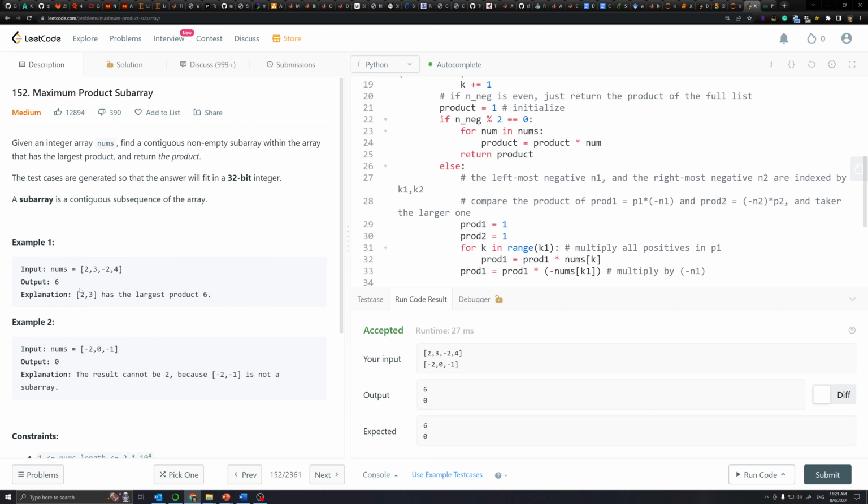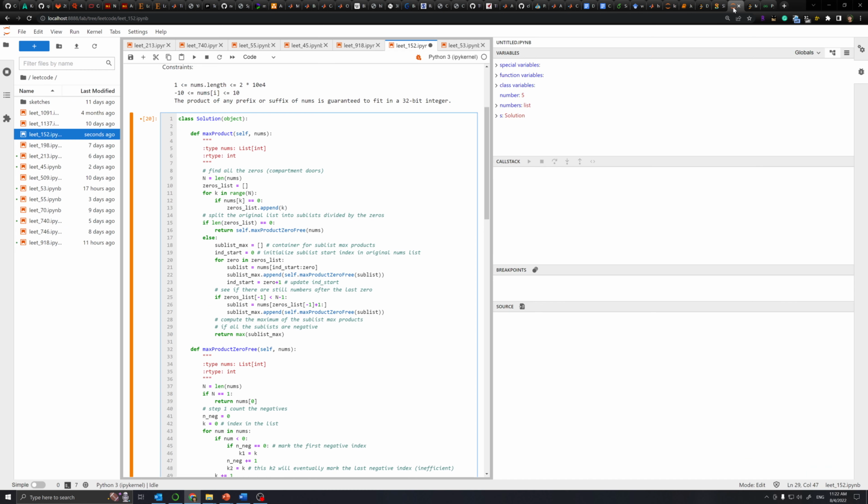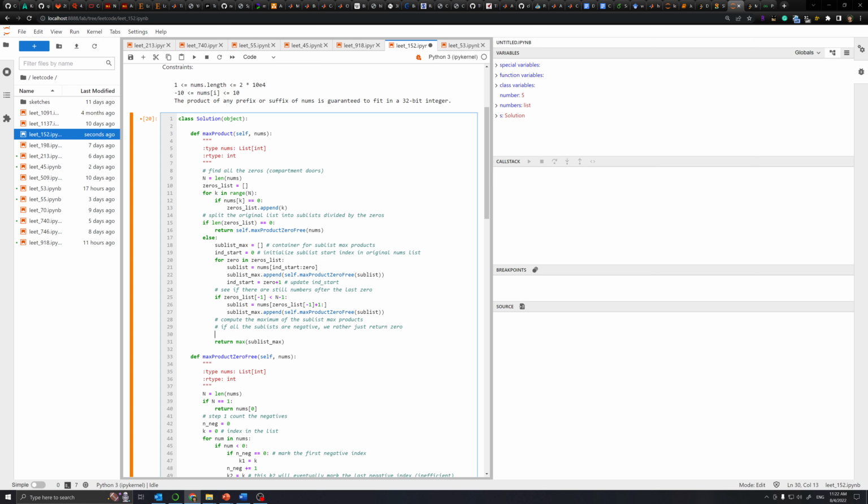Yeah, we could still return negative somehow. If all the subarrays are negative, we rather just return 0. Yeah, let's just calculate